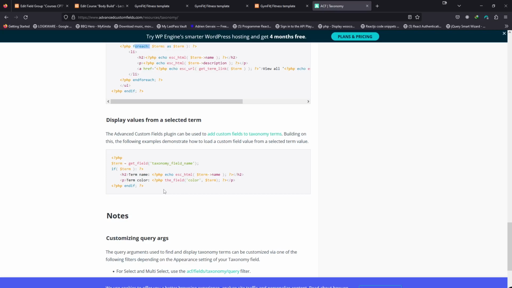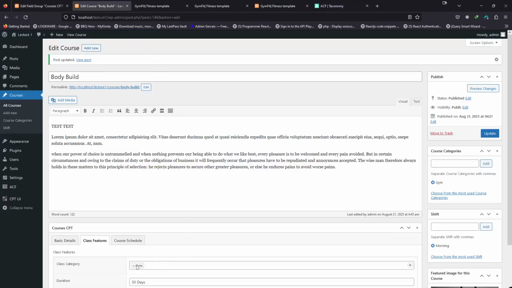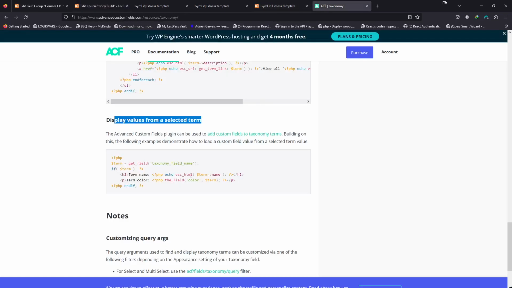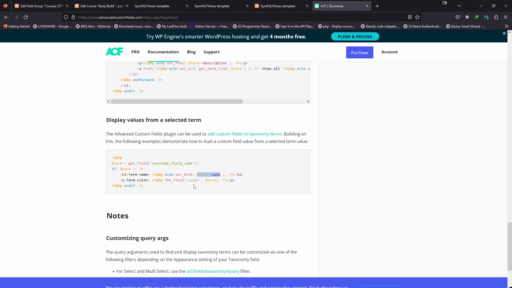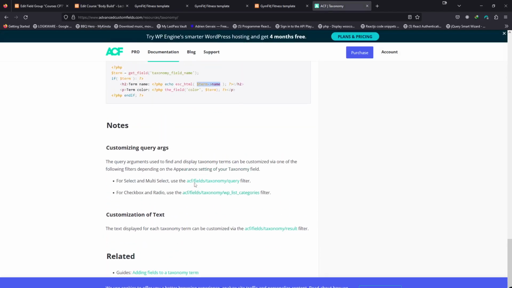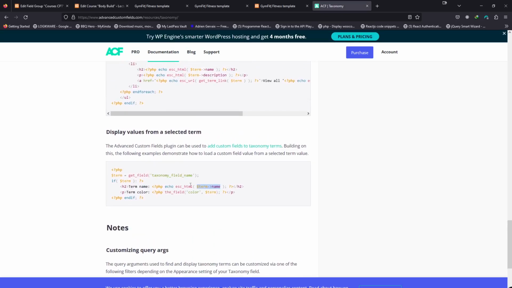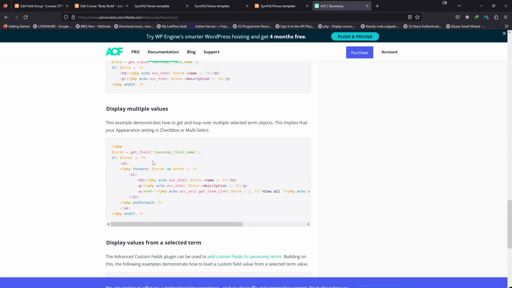Okay. And as we are displaying values from a selected term, like we did, we selected a term value, and then we need to display the term name, which means that we need to display the taxonomy name which we created. So, yep, it's working perfectly. So I guess we need to work it this way. And even before that, we need to have our loop. So let's just copy this one from here